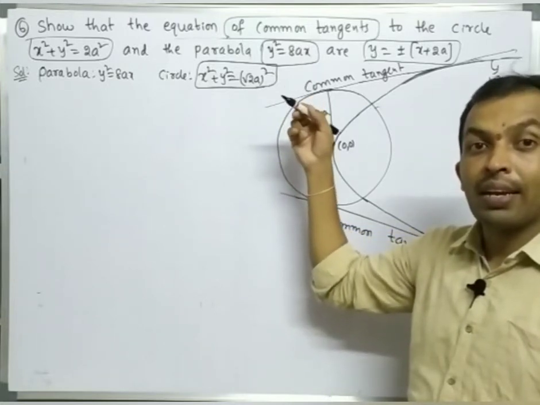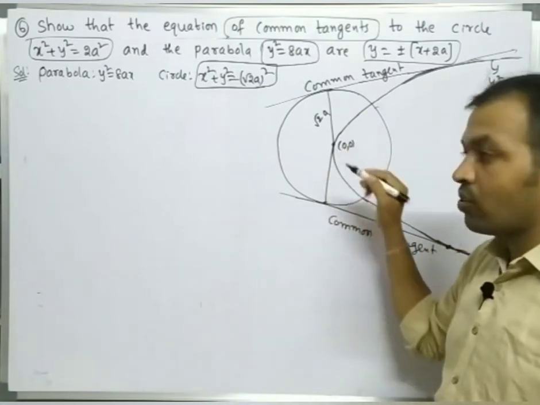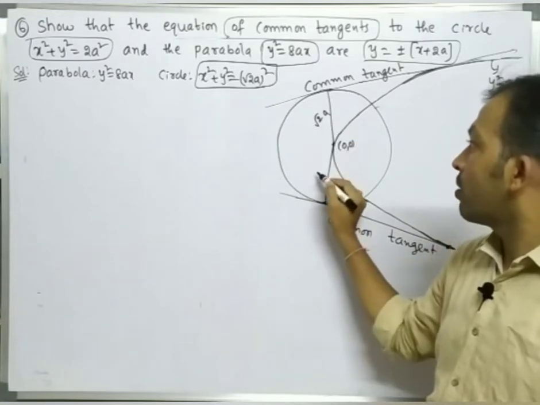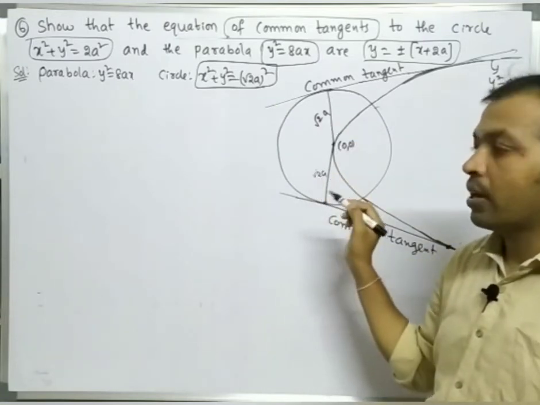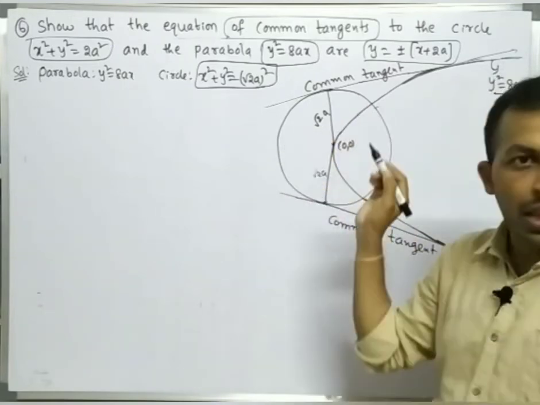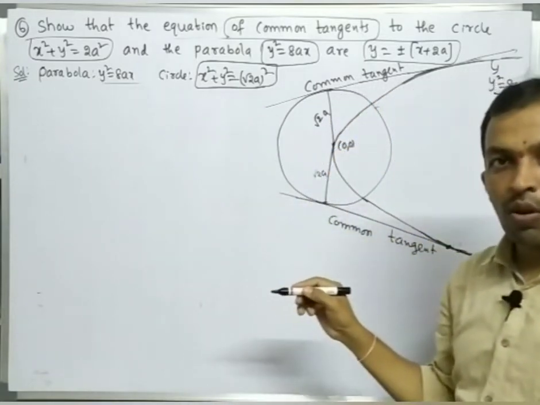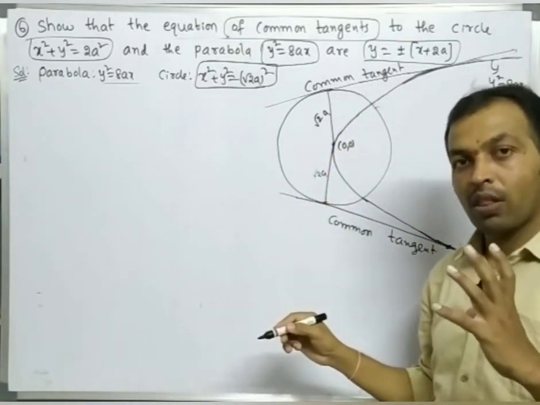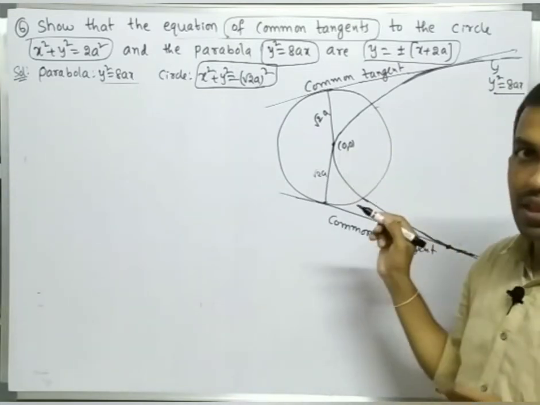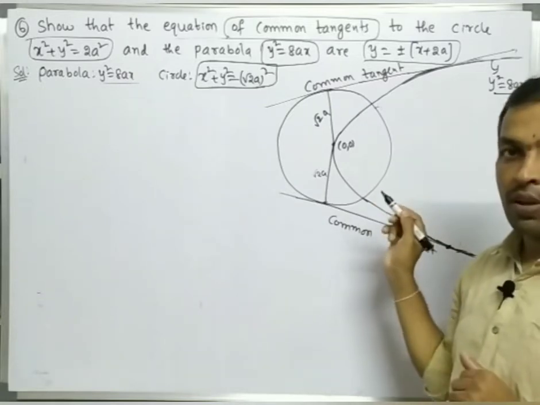What is the character of that type of circle? That circle is centered at origin, and with radius root 2a. With radius what? Root 2a. Right? Next, that is the geometry of the given circle. Next, what is the parabola? y square is equal to 8ax. It is of the form y square is equal to 4ax. It opens to the right side and passes through the origin. The vertex is located at the origin. So these are the two geometric figures.